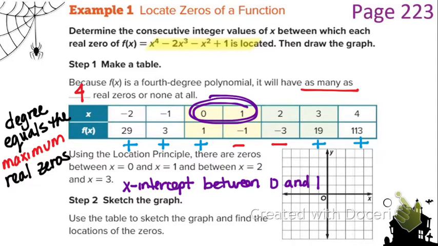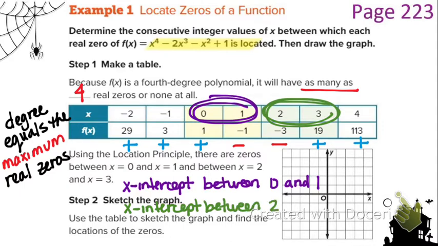All right. Now it changed signs one more time. The second time it changed signs was in between what two numbers? 2 and 3. So does everyone see between these two numbers, we went from negative to positive. So that means we have another x-intercept between